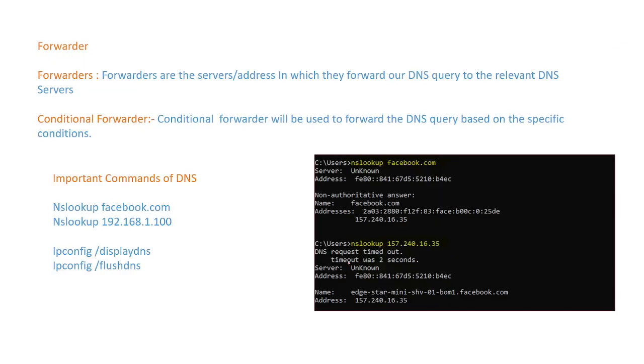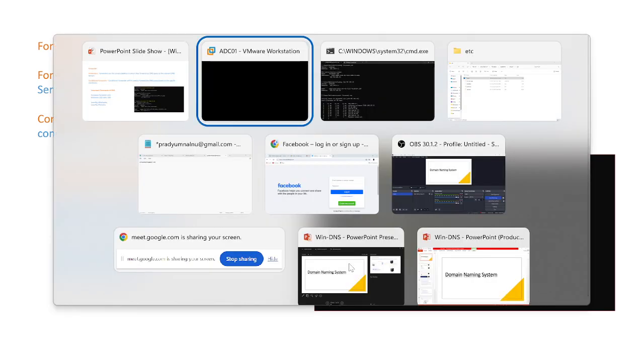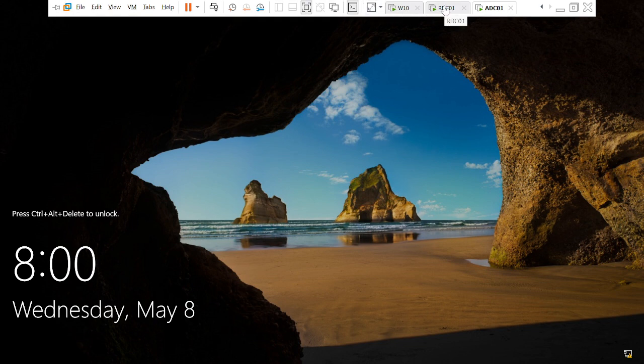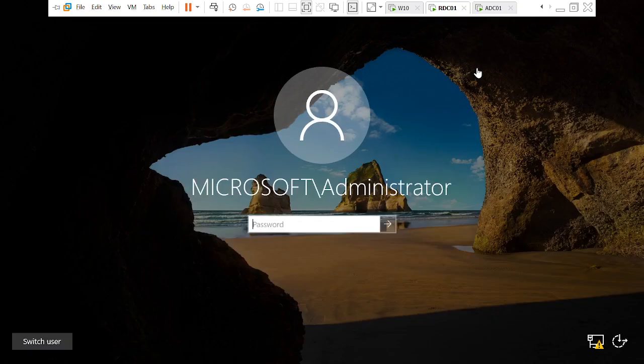So there are some conditional forwarders as well. Based on some conditions, the query will keep on being forwarded sometimes. Forwarders are nothing but the bridge or the connectors between your office network and the internet world. So you are working in your office called facebook.com, but you want to browse some website, say a government website. That time there are some persons called forwarders. Let me show you.